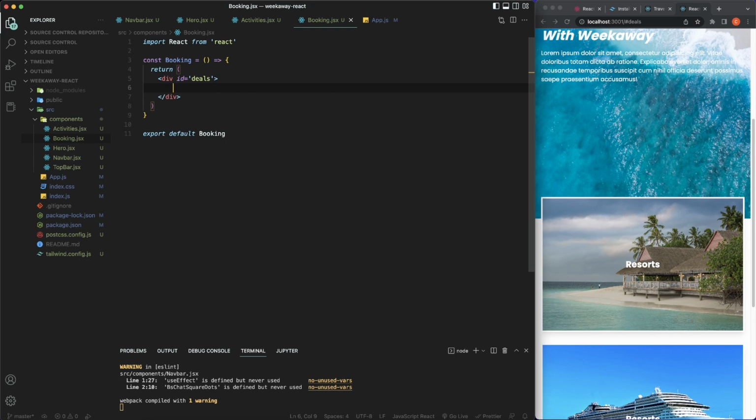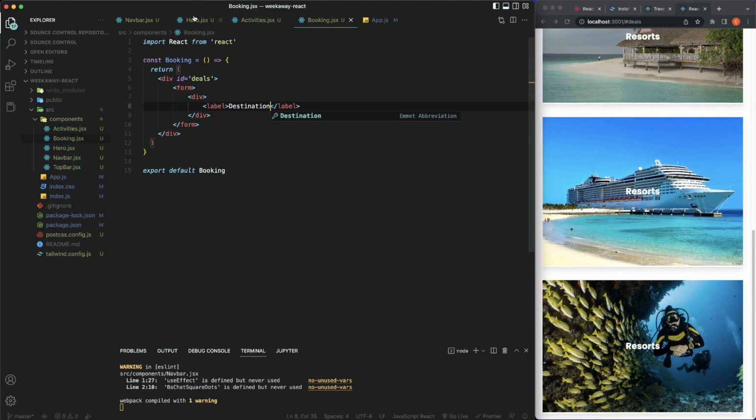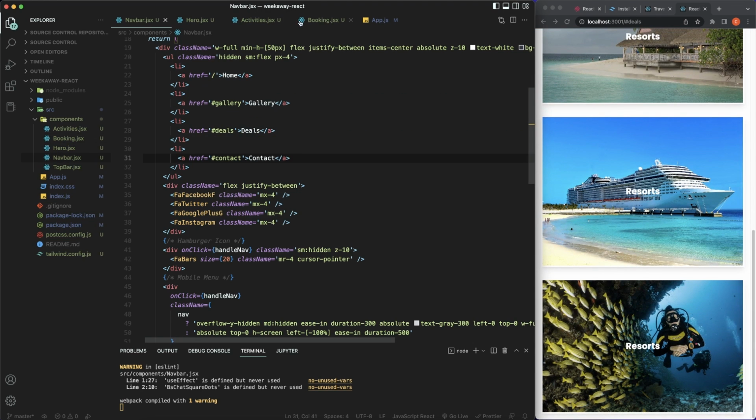Now, next we're going to have a form, okay? And we're not actually going to submit it anywhere. So there's no back end to this, so we can just leave it as is. So div here, then let's have a label. And again, we don't need this htmlFor. We're not going to be using anything for the sake of this video. So destination, and make sure we